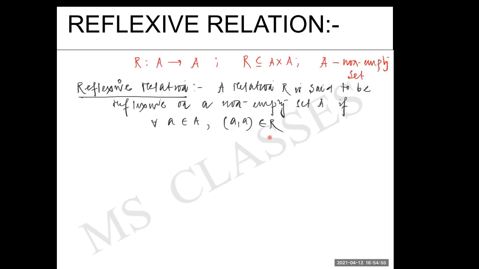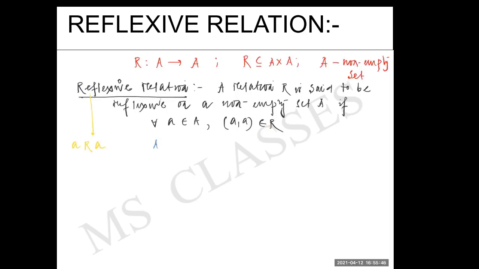That means if we have a number of elements, first of all, the word reflexive is coming from what, children? Reflection. That means suppose here I have an element a, it is the relation of a with itself. So that means for all a belongs to this, (a, a) will belong to R. Now I'll take an example. Without example, you will not understand, then we'll come back to the definition once again.